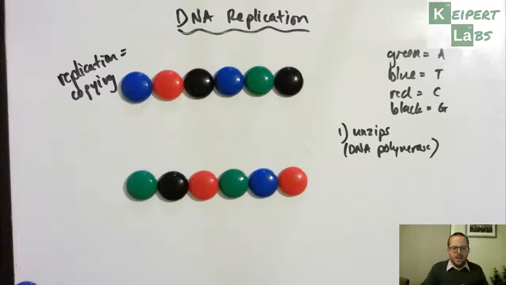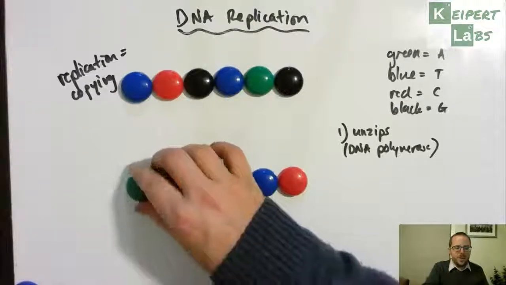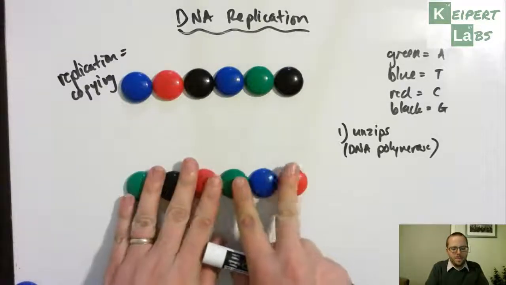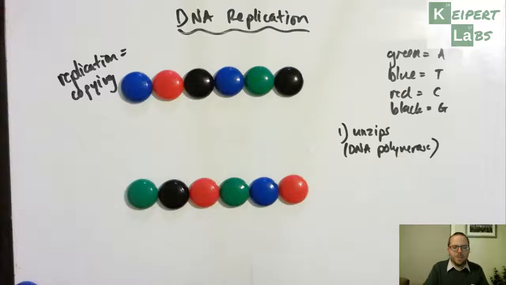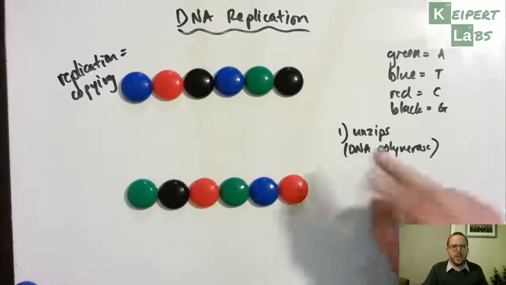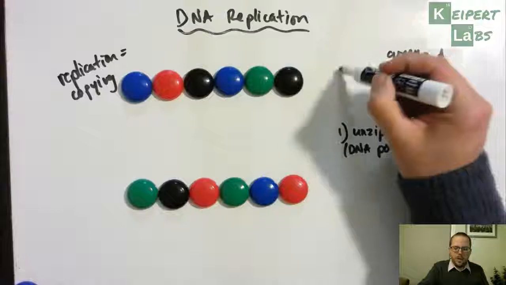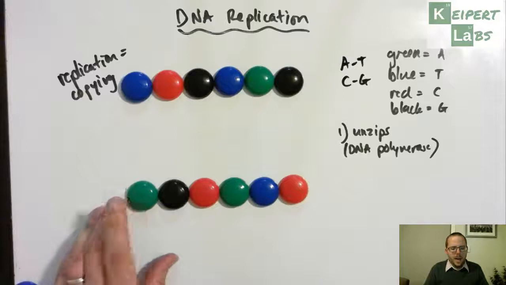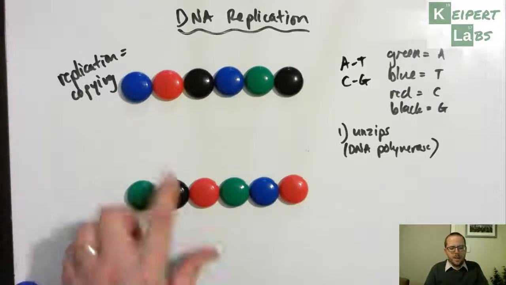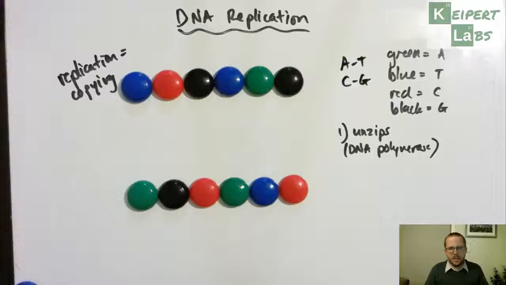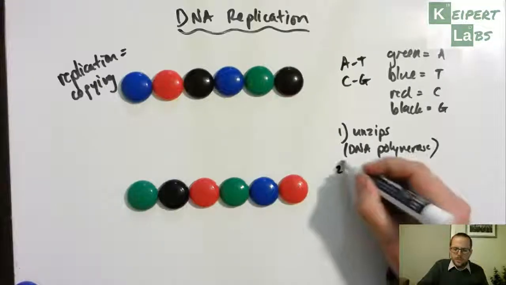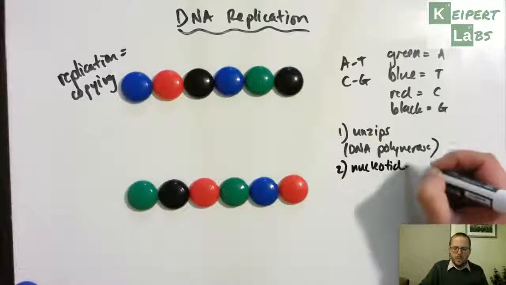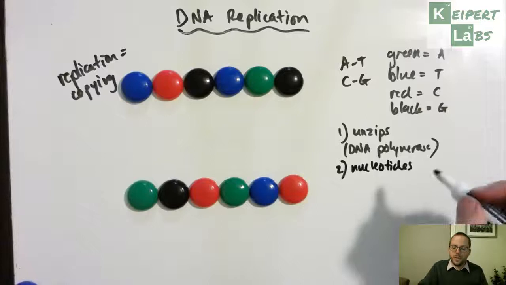Okay, and then these get built up so that we end up with exact copies, based on using these as a template, because we know that A and T and C and G always pair together, and I'll even write that over here to remind you. If I have an A, then there must be a T. If I have a G, then there must be a C. So what happens in the next stage is that these little base sets, which we call nucleotides,